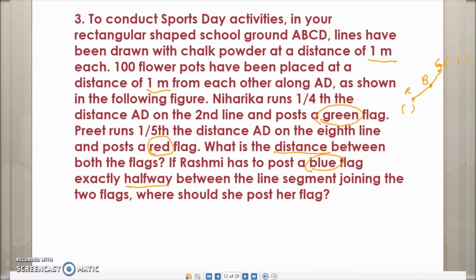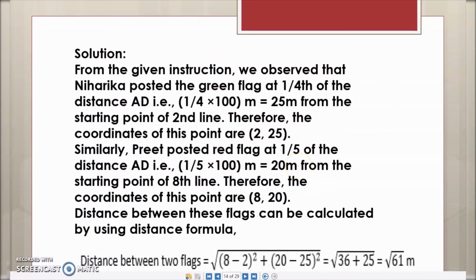it has to be posted, the blue flag. Now to find the coordinates, it has been told that Niharika posted the flag at 1/4 of the distance AD. Now what is the total distance AD? It has been given that 100 flower pots have been placed totally at a distance of 1 meter from each other. So total distance AD is 100 meter and 1/4 of that distance is 25 meter. So 1/4 of this distance is 25 meter